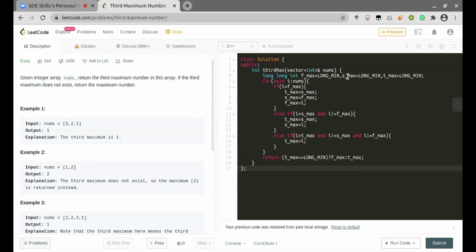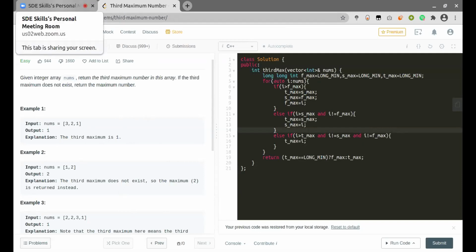But in that case, if second max is also long min, then again you'll need to go for the first max. So instead of that, they said let's not make it too complex. It's an easy problem. Anyways, there would be at least one element present in the array. Even if there are multiple duplicates present, that would be our first max value, or the largest value. So this is why they took return the maximum number as the answer in that case.